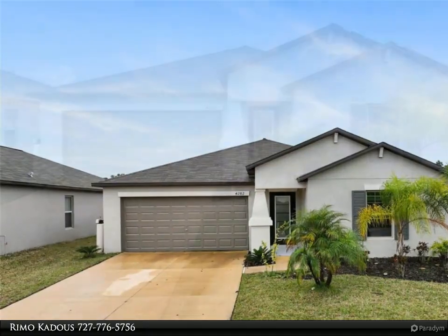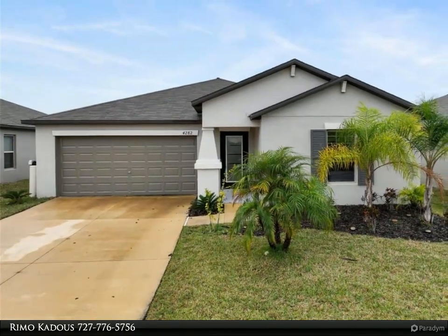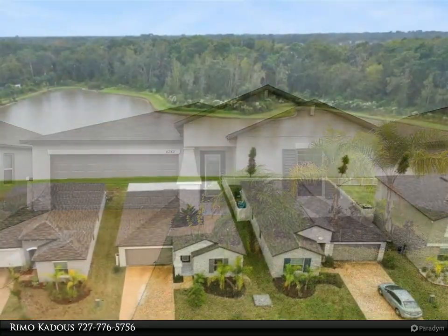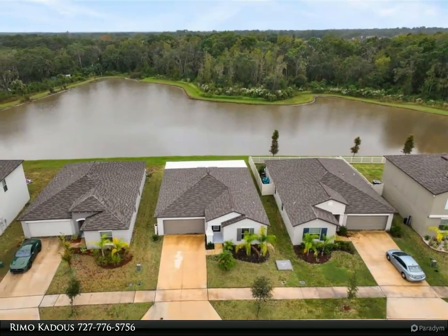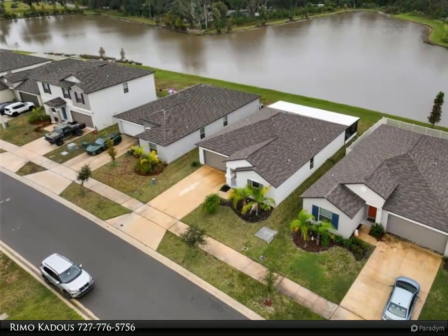Must see. Gorgeous home in the sought-after community of Riverstone. Home barely used as a snowbird home. Brand new condition and spotless clean. The home provides a great open concept floor plan, $60,000 upgrades including the $24,000 screened lanai with a pond view,